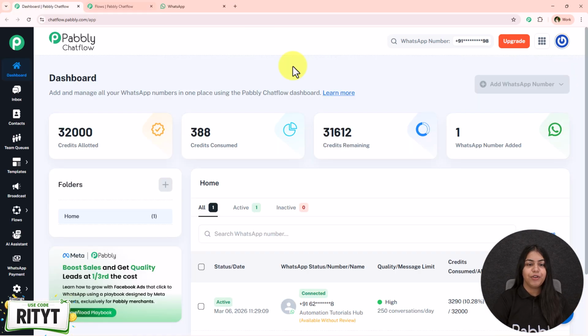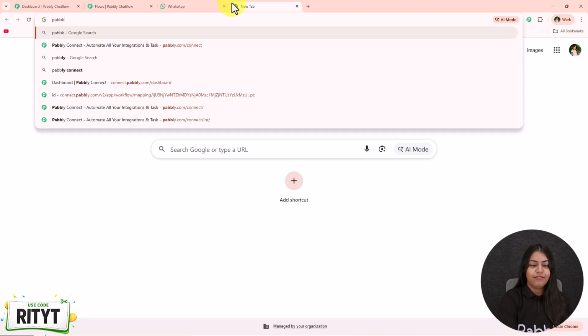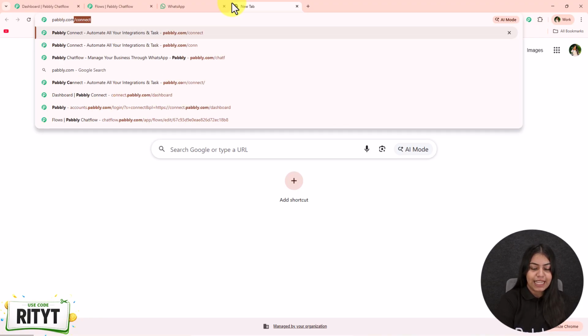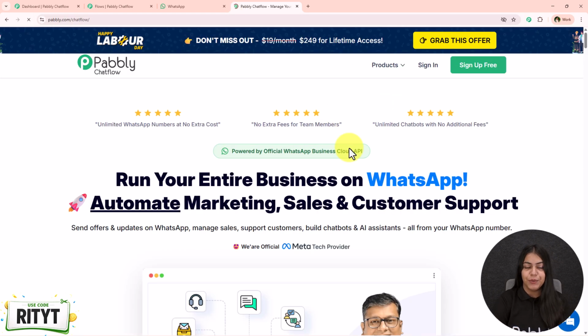So to create this chatbot, you just have to open your dashboard of Pabbly Chatflow if you are an existing user like me. But if you are a new user, open a new tab and search for pabbly.com/chatflow in your browser and open the landing page of Pabbly Chatflow. In the top right corner, you're going to see the option of sign up for free. So click on this sign up for free, and you are going to get 100 tasks free every month